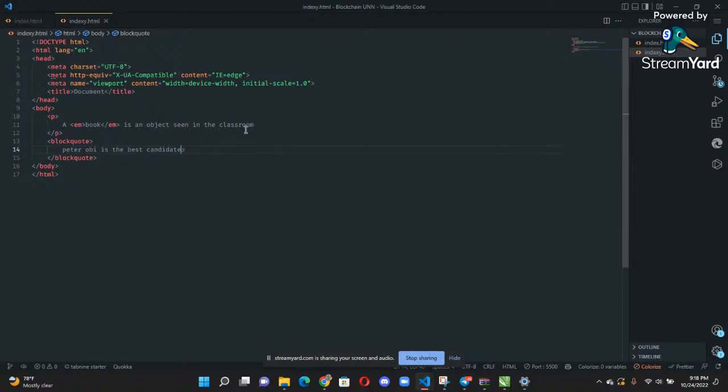For example, when a blind man is using a screen reader to read out a web page, the screen reader will make a comment that a particular text is an emphasis or that a particular text is a quote. So these are some of the reasons why we use these elements, and it makes our code semantic enough. And while writing our code, we are always being told to make our code semantic enough. Whatever elements we are using should portray the real or true meaning of those things we are writing. We should try as much as possible to use elements where they are supposed to be used.